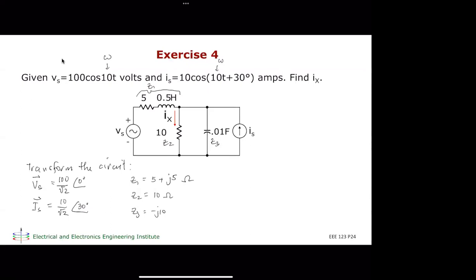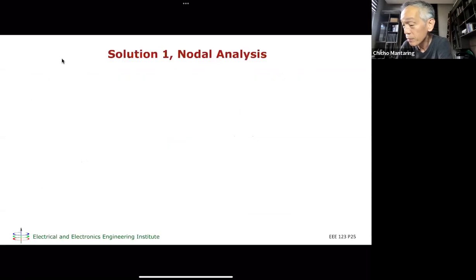Okay ba? Wala naman po, okay naman po. Okay. So ano yung transform network natin? So the transform network,